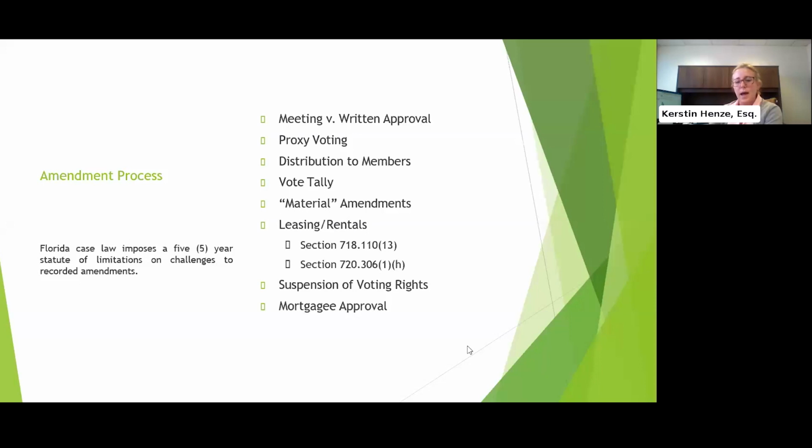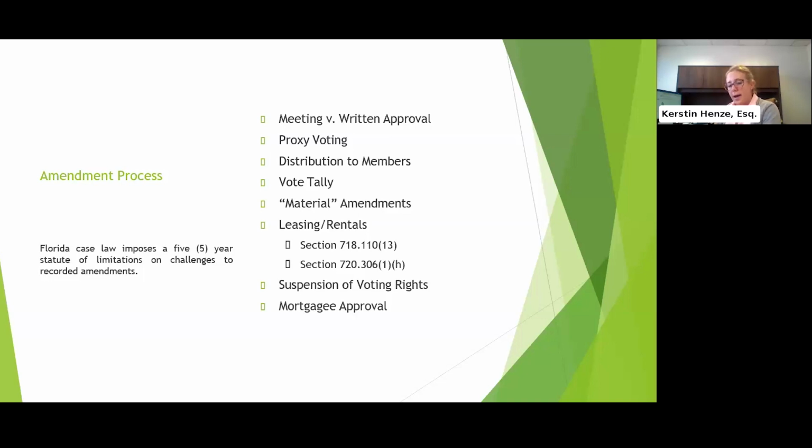And then lastly, we have mortgagee approval. So we discussed here in the material amendments that there could be amendments to your governing documents that require mortgagee consent. That's typically to amend voting rights or percentages that owners pay in assessments or percentage of common elements owned by the owners.